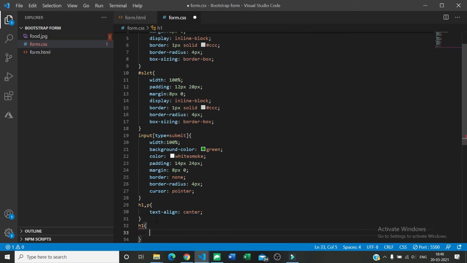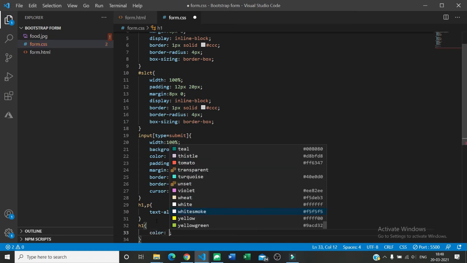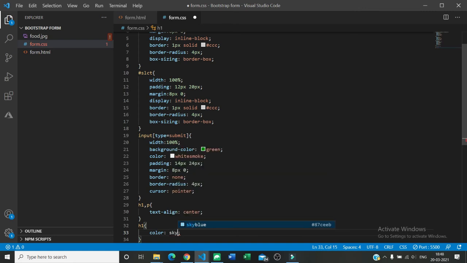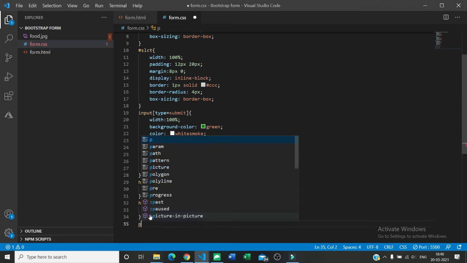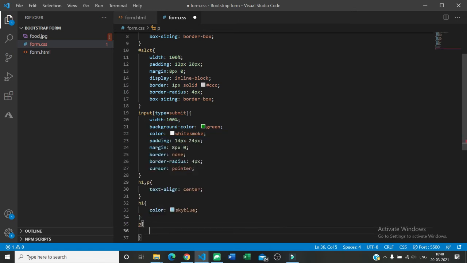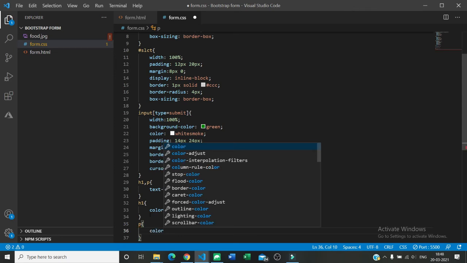On the heading I am going to give some color, let's say red, or some other color like sky blue. Yeah, sky blue is a lovely color. Now for the paragraph, for now the color should be black.